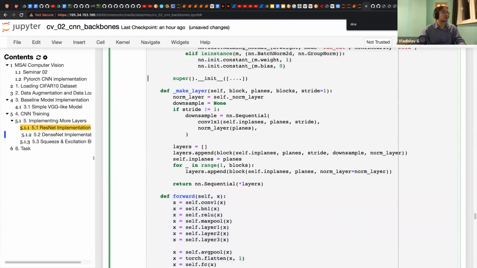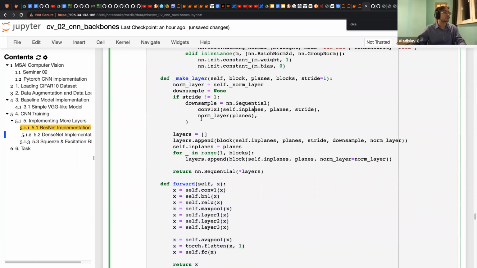That's what I recommend to do if you write your code, but it works fine as well.